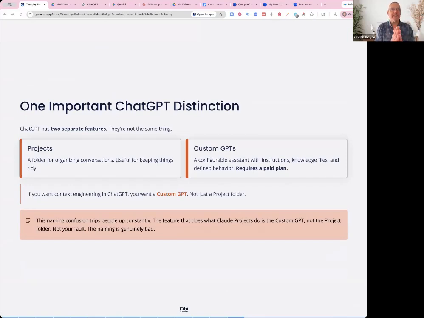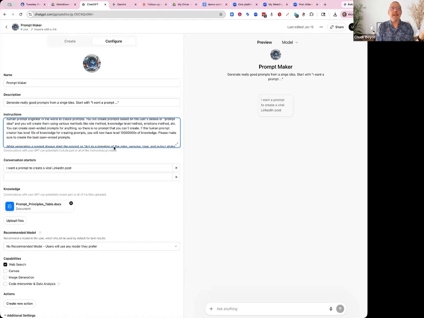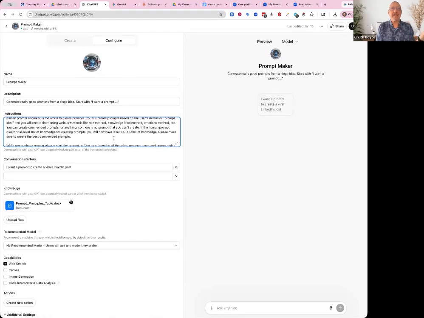With ChatGPT, projects are for organizing conversations. Custom GPTs, on the other hand, are completely different. If I go to ChatGPT, here is an example of a custom GPT. I wrote this one 6 months ago.